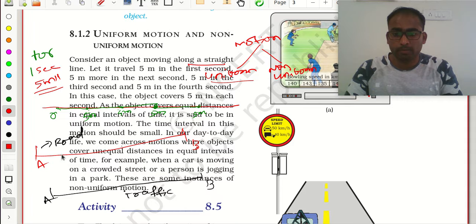But on the main road, the highway, I will take very little time. Understood? Why? Because here I don't have any traffic, I can go with maximum speed. But here I have traffic. First I go with some speed and then change my speed, increase again, reduce, increase, like that. I am covering the same distance but in an unequal time interval. So this comes under non-uniform, and this is uniform.